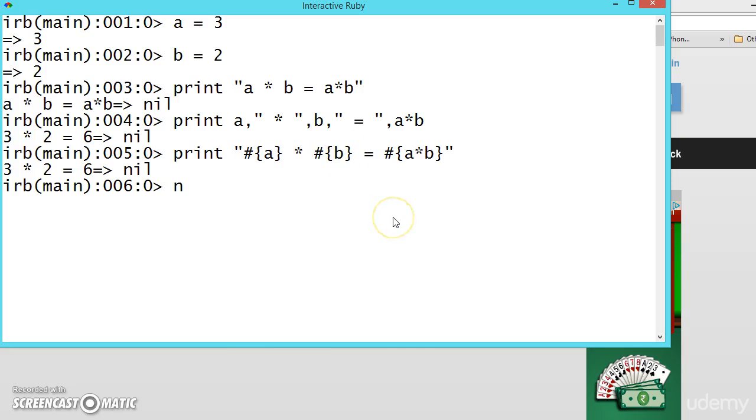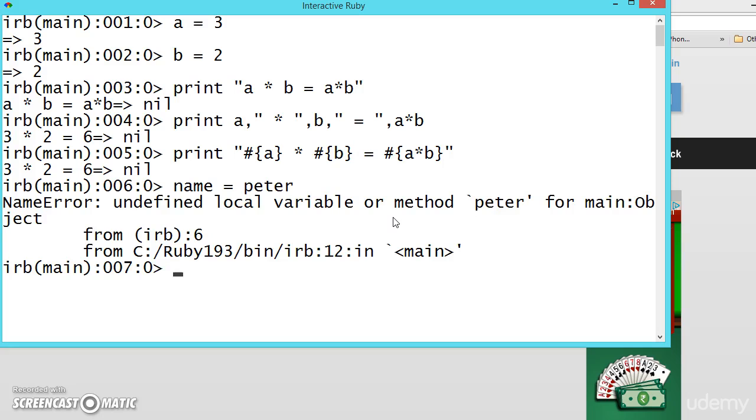Now I will show you another example: name is equal to, let us say, Peter. Age is equal to 45.